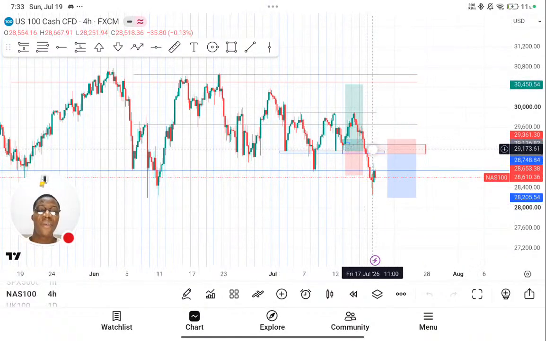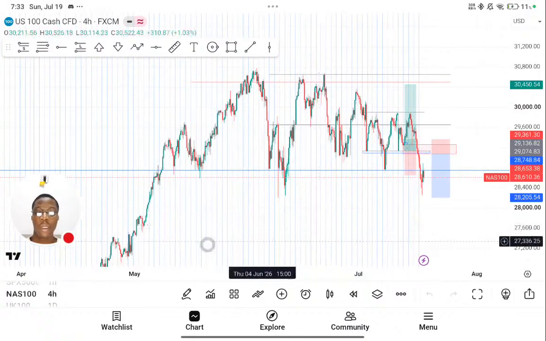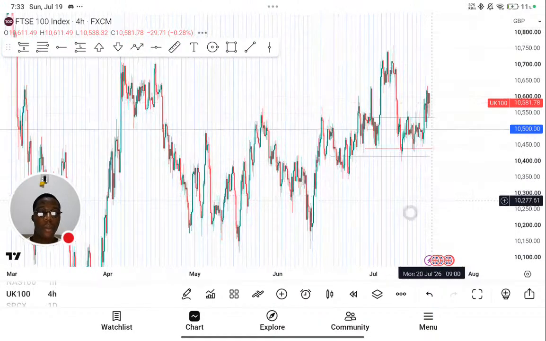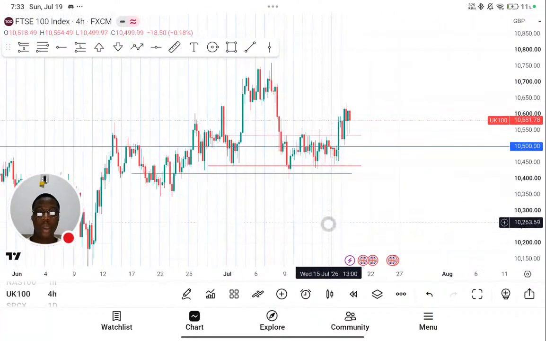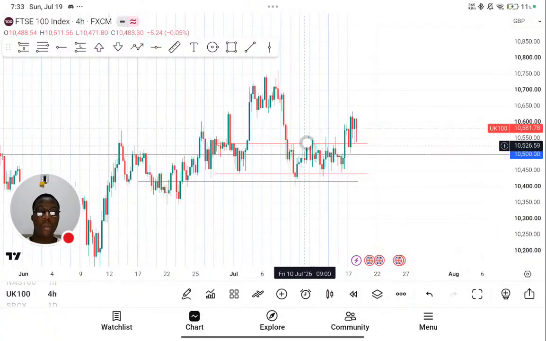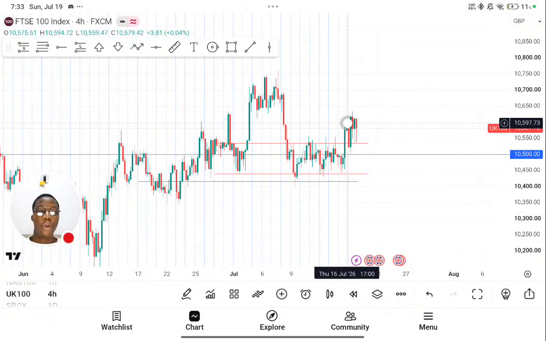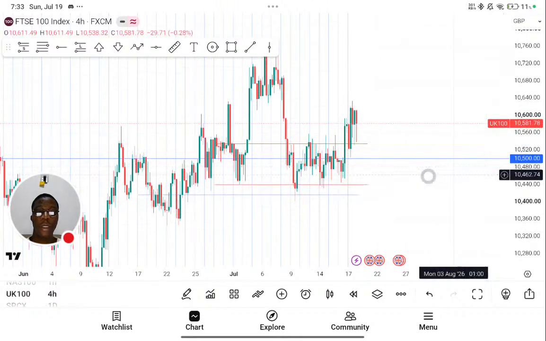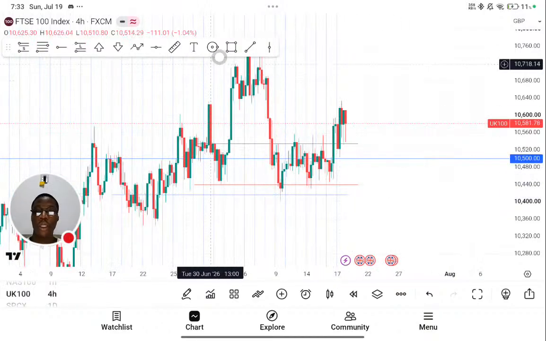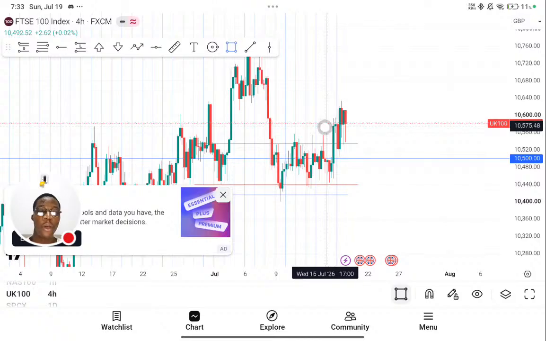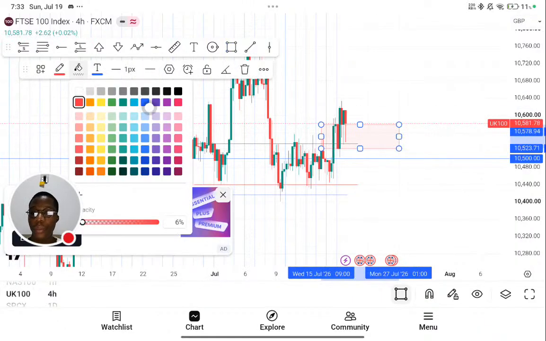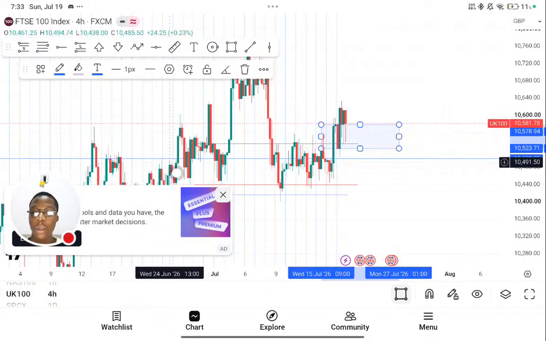So this was a failed support. Now we are using it as resistance. Continue to the downside. The UK 100, what is happening there? UK 100, it's been bearish. Now it's broken, tested, continuing to the upside. So we are seeing signs of it being bullish based off this block, support, resistance, now support. So UK 100 is looking bullish,